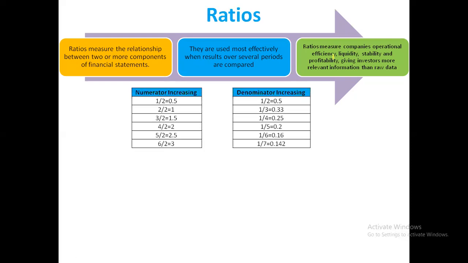So for your understanding, a ratio means two components, right? For example, A and B. I am trying to compare A and B: how exactly A is working, how exactly B is working. Let's understand a simple meaning: A divided by B. Who is performing better, A or B? We'll have to identify mathematically, and it is going to give you fantastic results.